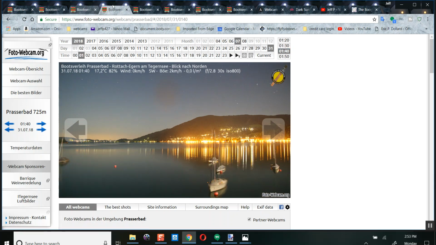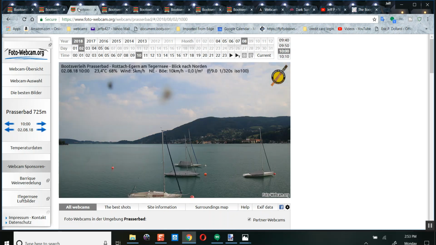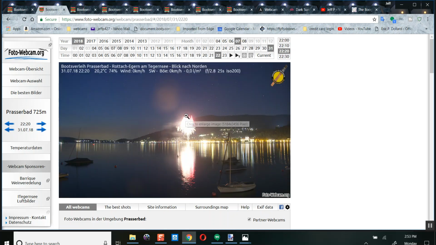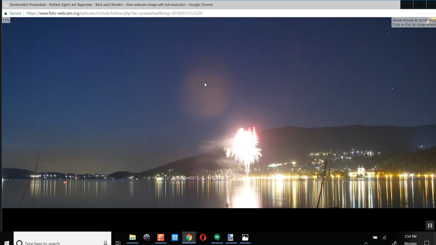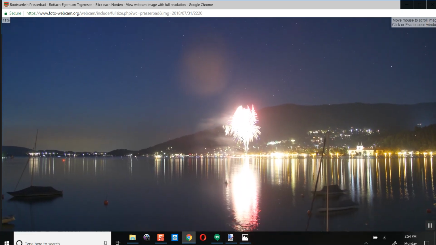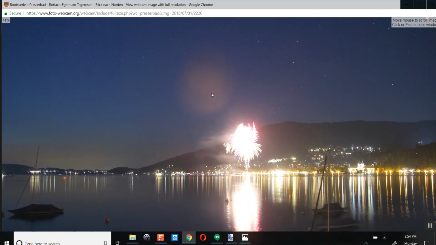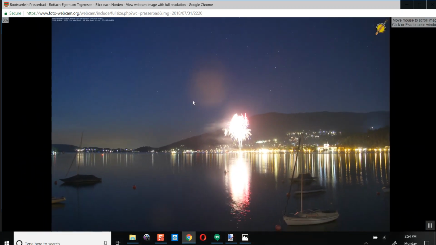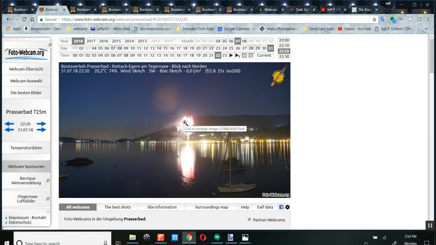I also want to show you, look at how this thing lights up when there's fireworks in front of it. Look how this thing lit up. Let's zoom in on this one. I believe what's happening here is the lens from this object is projecting a ghost-like planet, very faint, and the humidity in the air, and then the fireworks will just light this thing up, making it appear like a big round planet. That's not the planet right there, of course, it's just the light effects because of the lens array. Please go back and watch my lens array video.